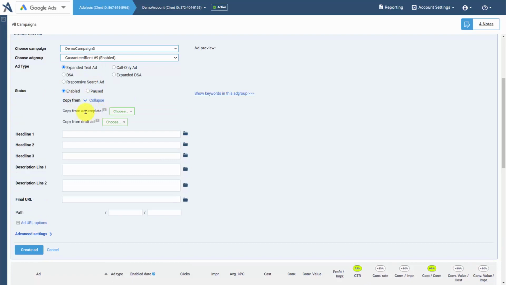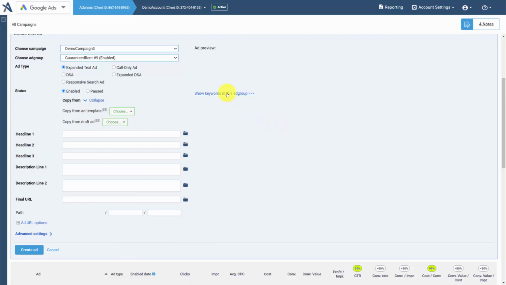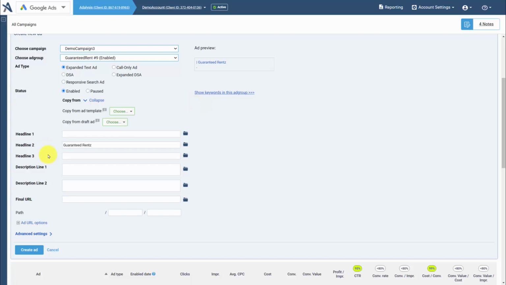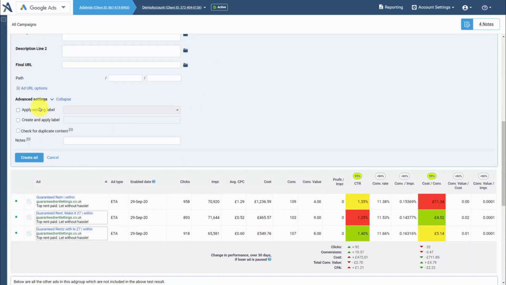If you have ad templates or draft ads, you can easily copy from your templates or draft ads. You can view the keywords in the ad group. We can click on the folder icons to see other common lines used, and then we could just easily click to select one of those lines. And then we have additional options such as applying labels, checking for duplicate content, and so forth,